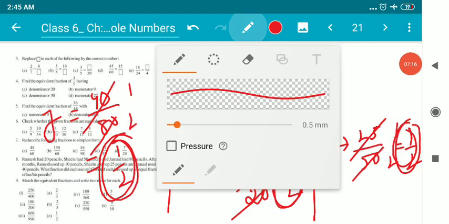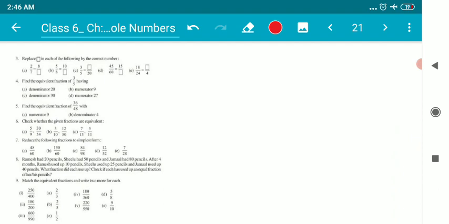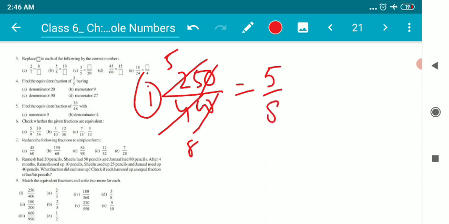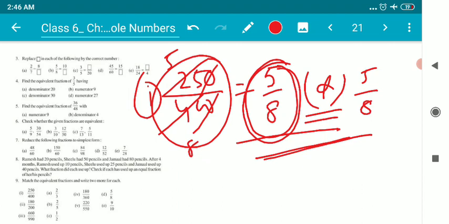Let me give you a little hint for question number 9. Children, very simple. These things are of junior standard. 250 by 400, the first question. We will just reduce them and compare the reduced fractions with the given options. 5 5s are 25, 5 8s are 40. So 5 by 8. 5 by 8 is matching with option D. That's all. I reduced 250 by 400, I got 5 by 8, and that is equal to option D, that is 5 by 8. Matching. This way we have to match the following.